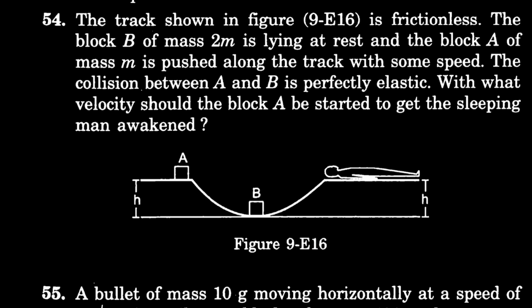In question 54 we have this track which is given. We need to find the velocity with which block A should be started to get the sleeping man awakened. So this is solution 54. Let the velocity of A be u1